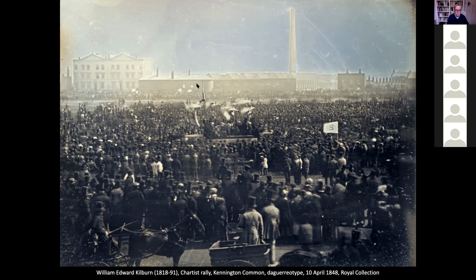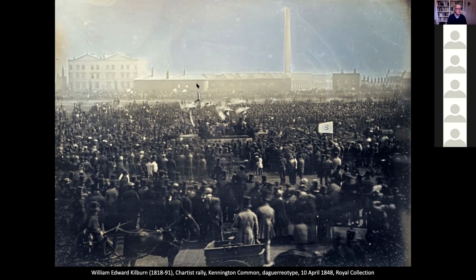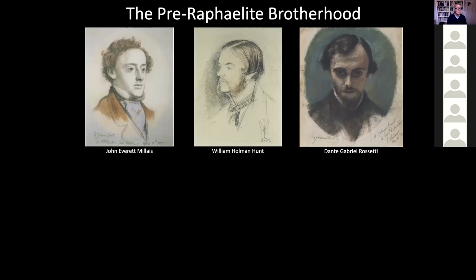But let's stay with the Pre-Raphaelites who attended this. The important thing here is this idea that it's a revolutionary time. Things were changing. There was revolution across Europe, and the Pre-Raphaelites wanted to bring about a revolution in art. Now, who were they? They divide into 2 groups. There were the 3 well-known ones: John Everett Millais, Holman Hunt,